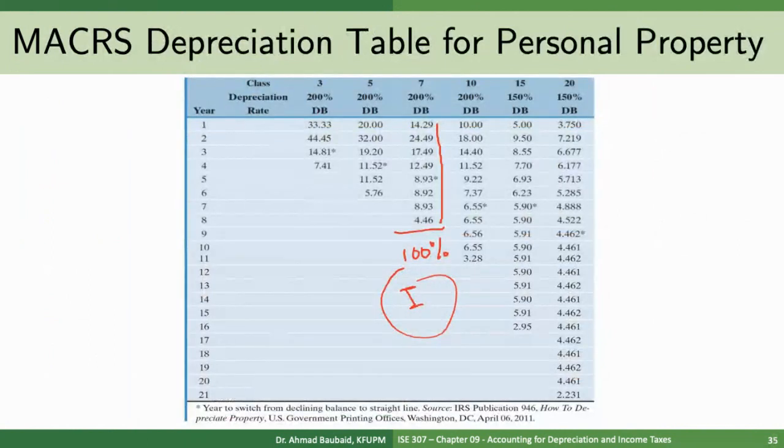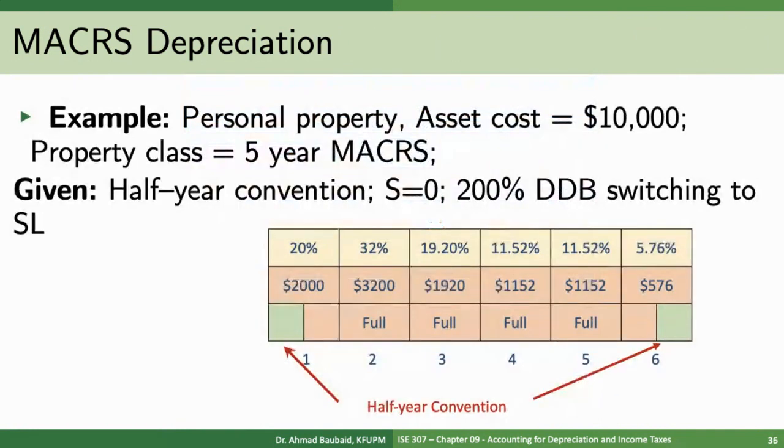This is the table for personal property. And remember what I said, you just take I and you just multiply by the percentage in each year. That's all you need to do. And that gives you the depreciation in each year. There's one complicating factor that will come later, which is when you sell the machine before the end of its recovery period. In that case, you have to do some other things. But generally speaking, as you see in this example,